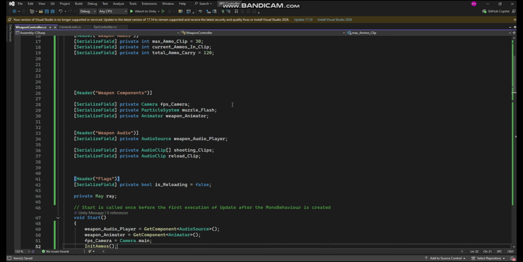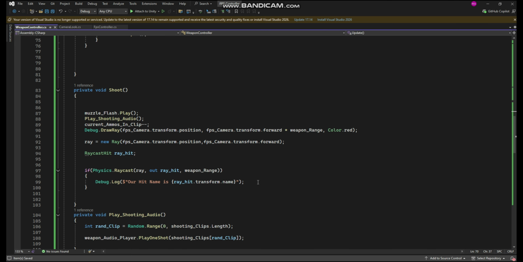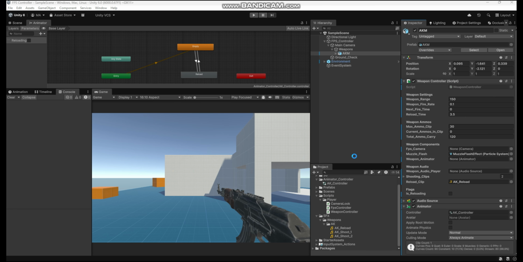The next thing we want to do is actually give damage when our weapon ray hits something. Right now, our gun is shooting the ray correctly, but nothing happens, and we need to give damage. So first, before writing the shooting logic, we actually need to create that damageable script.